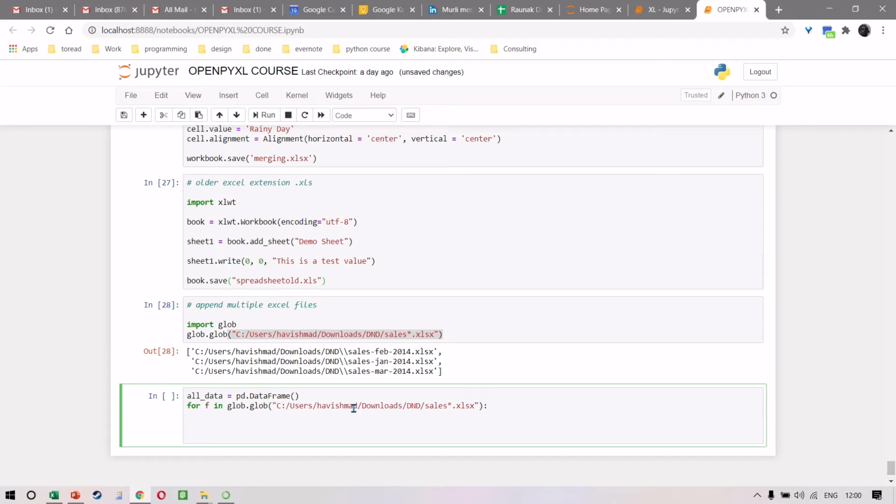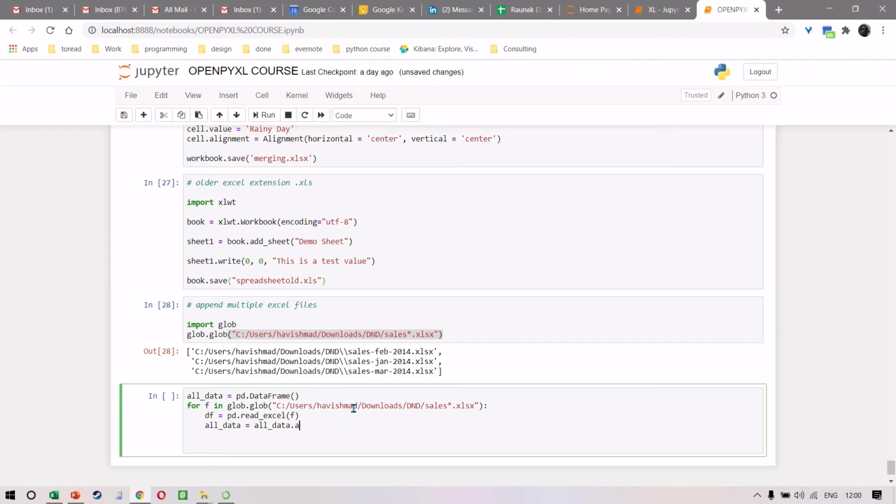We will write our data frame is equal to pd.read_excel f, and then all_data is equal to all_data.append the data frame, and we want ignore_index equal to True.